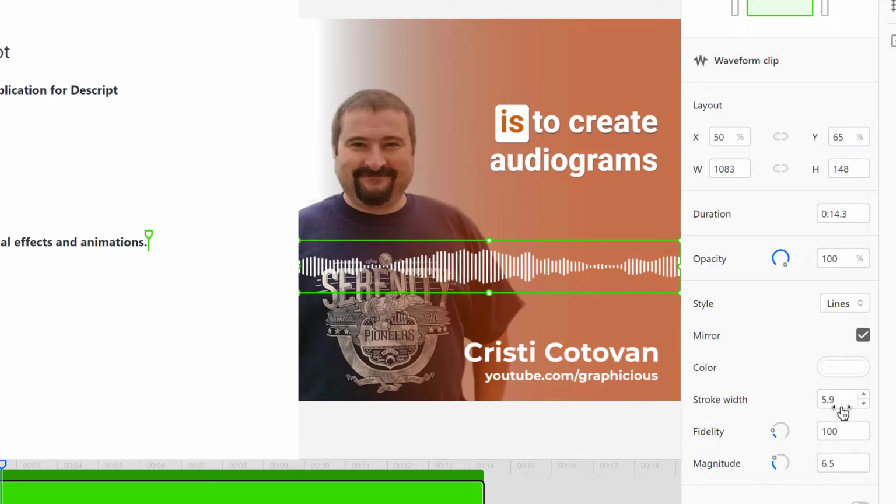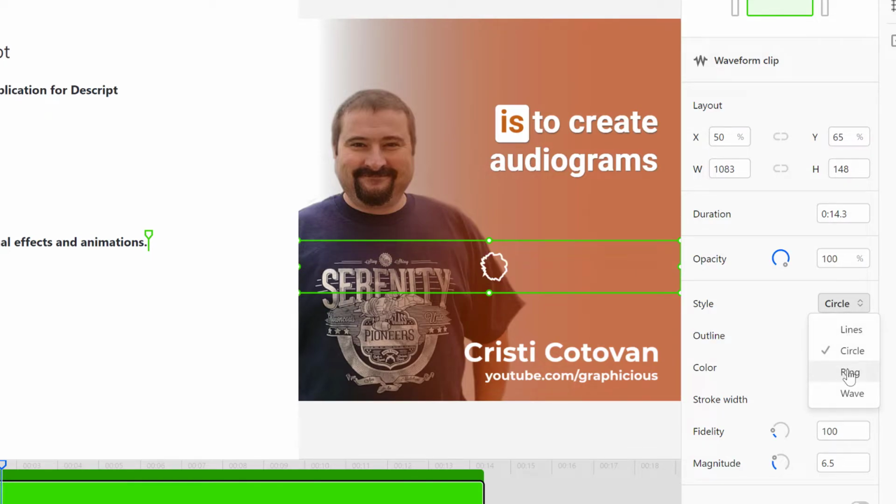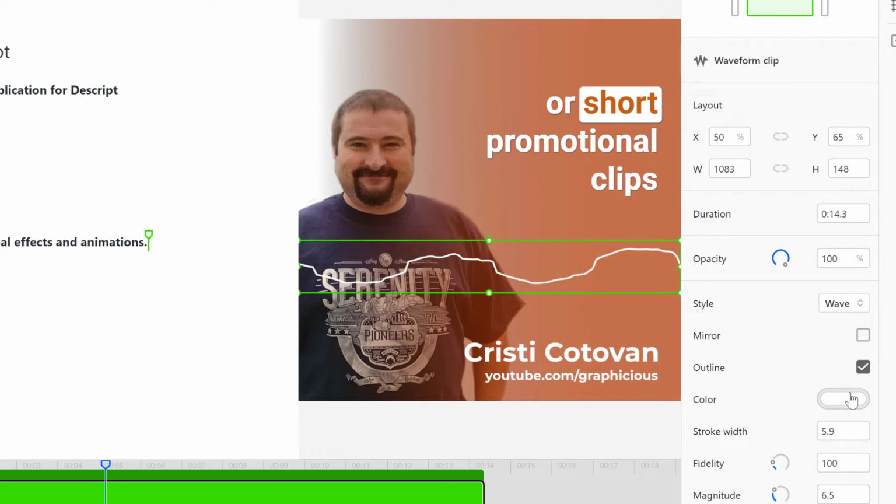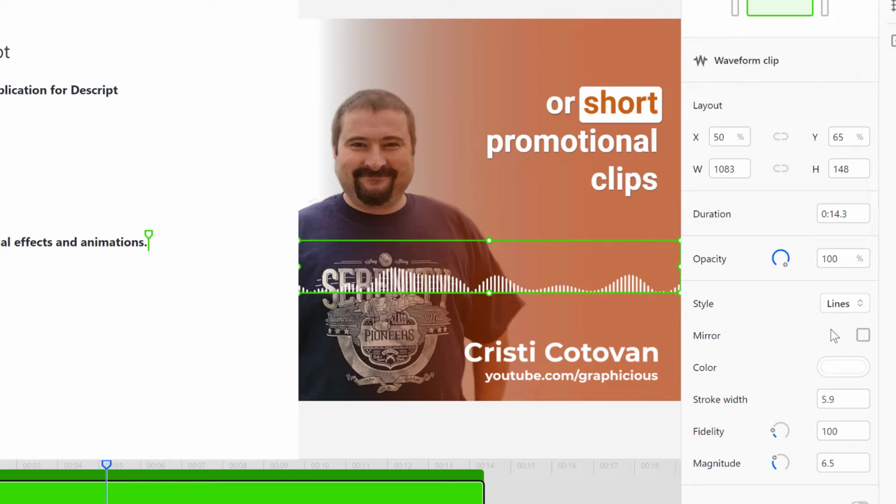Okay, you can also change the style, which I don't know if it works on this one, to a circle or a ring or a wave, which might be interesting if you don't want to be too distracting with these. I kind of like the lines, and it seems like most people prefer them. And you can also turn on the mirror on them, so you have a full symmetrical waveform, or you can have a simple one if you want to align it maybe at the bottom.